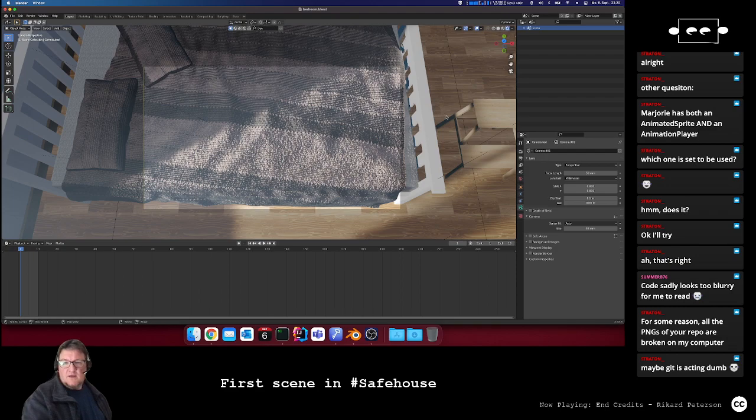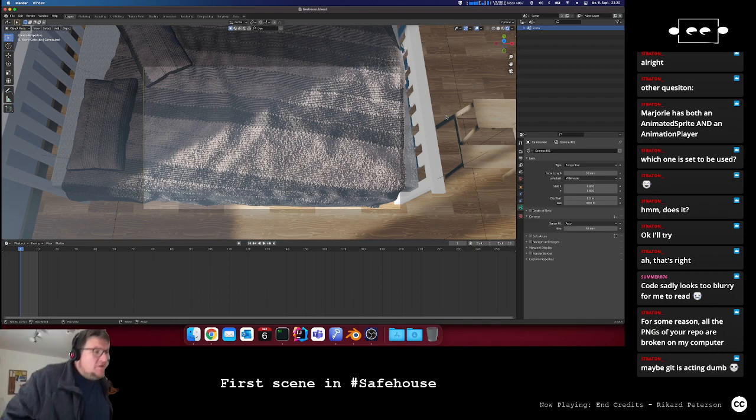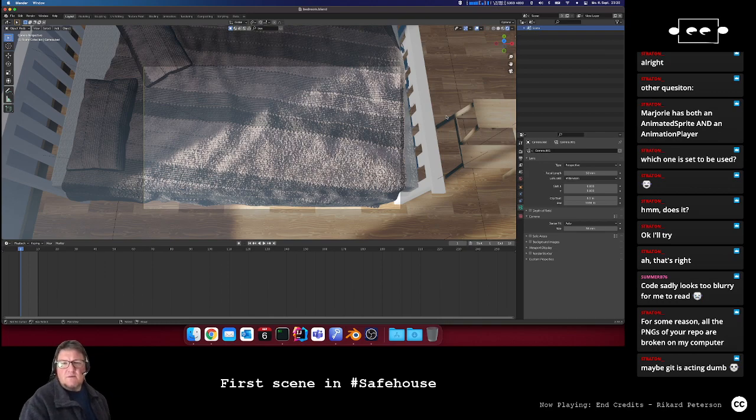So, okay. Oh, very well, it's broken on my computer. Yeah, that might be because I'm using Git LFS. Maybe you need to initialize that and pull it. I don't know if you've installed that, because